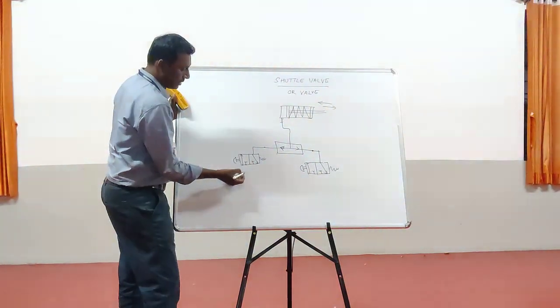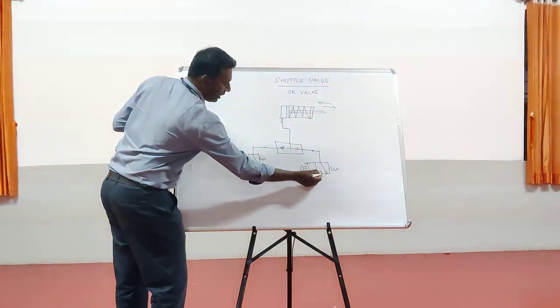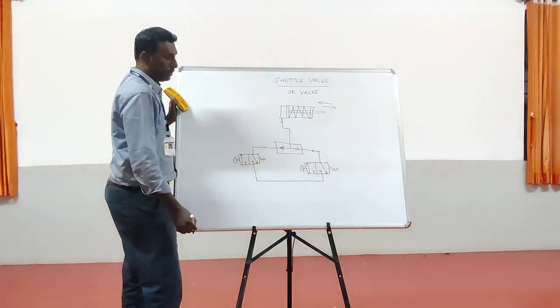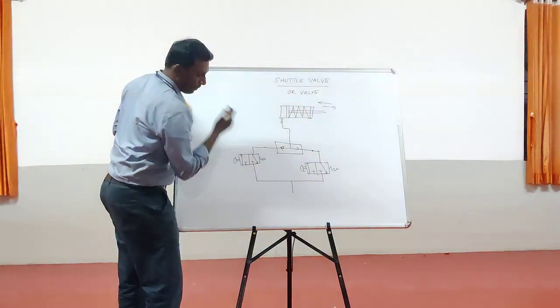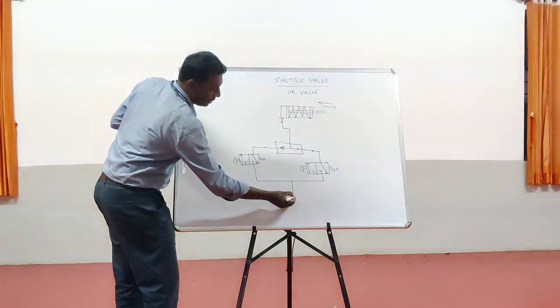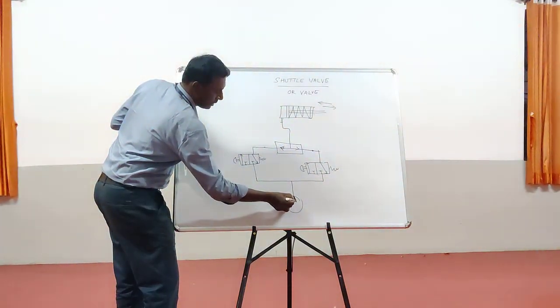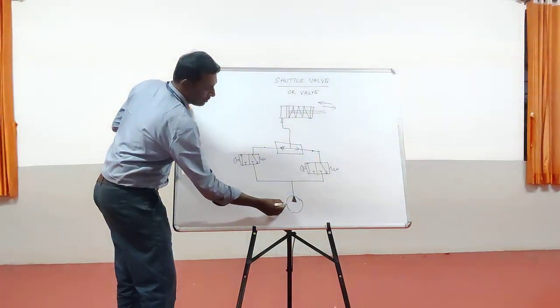For this, we have to supply the fluid medium. Both the 3/2 DC valves are going to be supplied by the fluid of the hydraulic system. This is a hydraulic fluid system. This hydraulic fluid system is connected with a